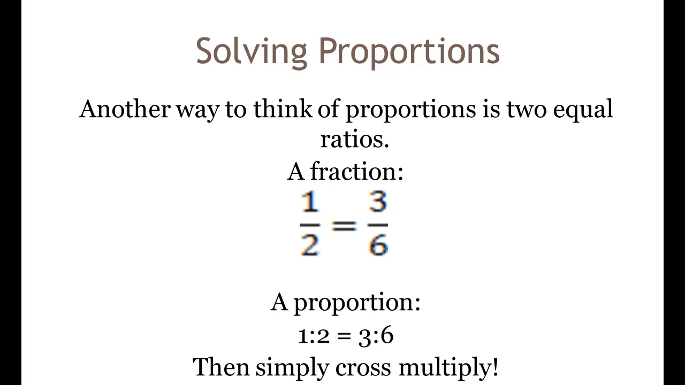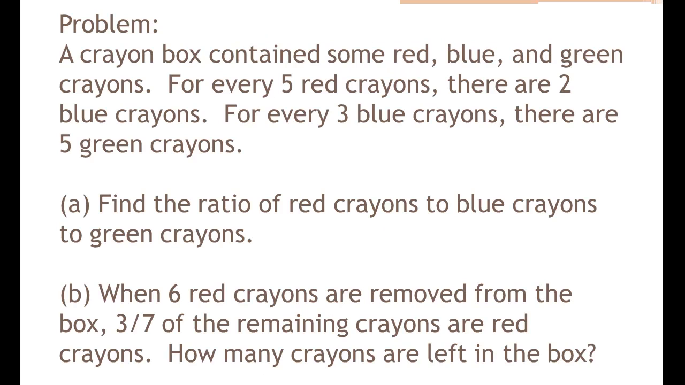A fraction would be 1/2 equals 3/6. A proportion would be 1:2 as 3:6. Then simply cross-multiply. The proportion problem we have been given is a crayon box contains some red, blue, and green